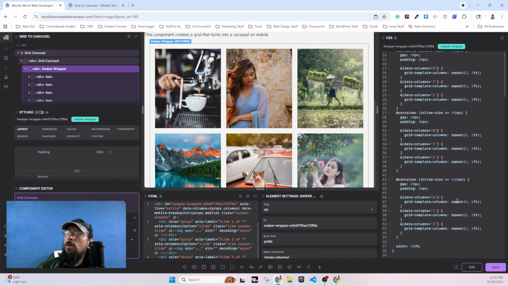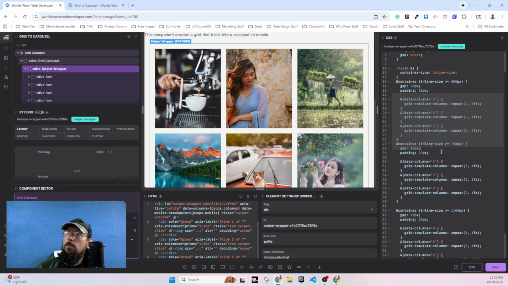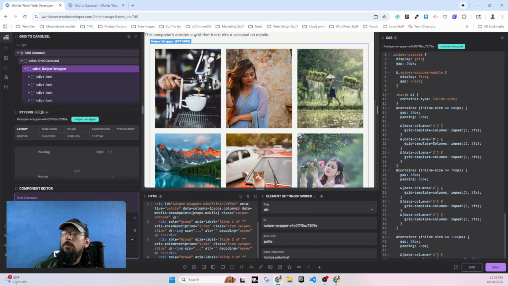If you chose 4, it'll be 4. And if you chose 3, it'll be 3. If you chose 2, it'll be 2. So this is all basically just repeating myself at each screen size, determining what it should be based on what you picked, right? So if you put 2 columns,